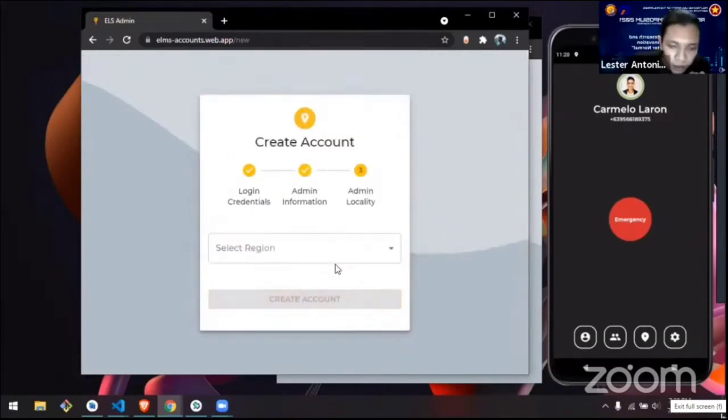We're now going to select our region. Why we do this is because we can set the locality of the administrator into barangay using geolocation API, which transforms the address into coordinates.